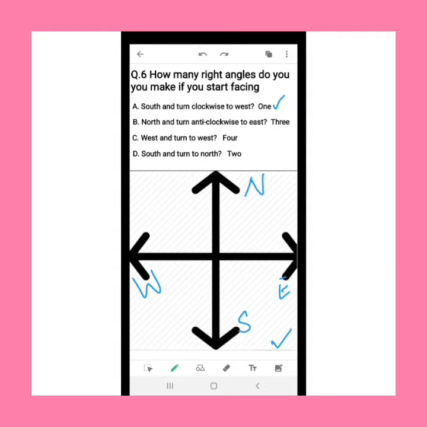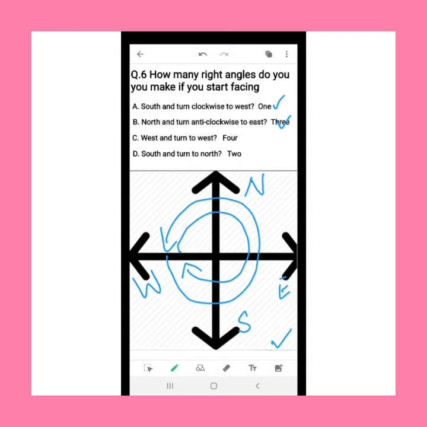What you can see here is it is saying west and turn to west, means the starting and ending point is the same. So either if I go in clockwise direction like this, then also I will reach onto the west direction, moving the same right angles. Or if I start from west and move in the opposite direction, that is left to right, again I will make the same right angle movement.